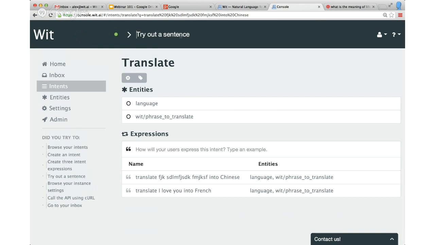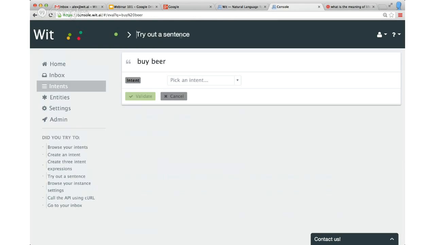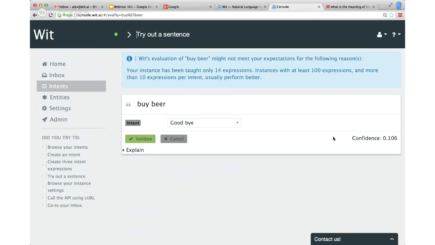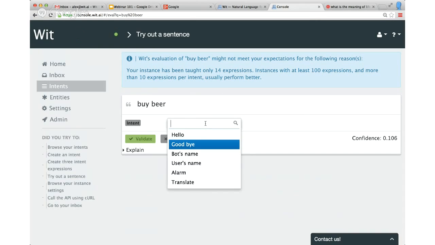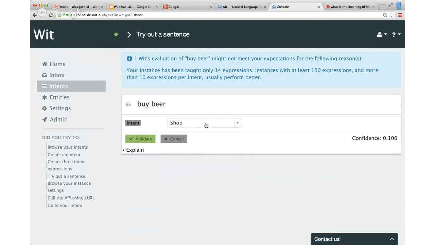so things you want to buy, you don't want to forget to buy, and you have intent expressions like buy beer. So let's call this shop, and you need to extract what needs to be bought.